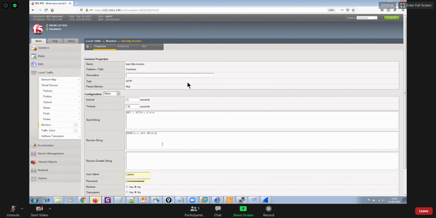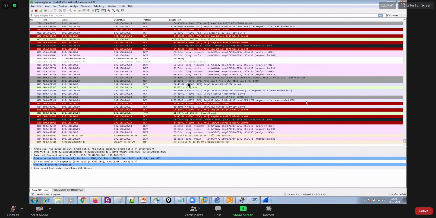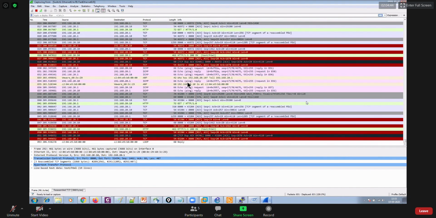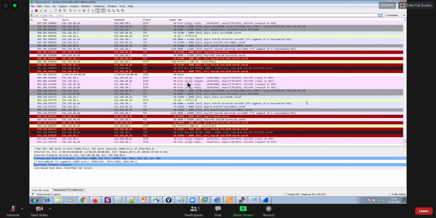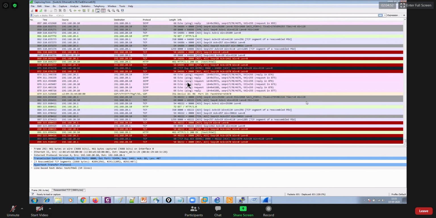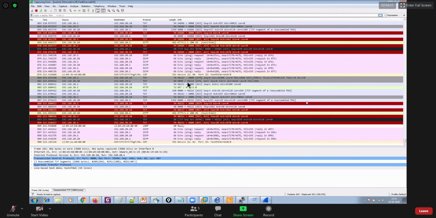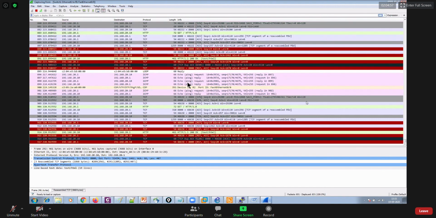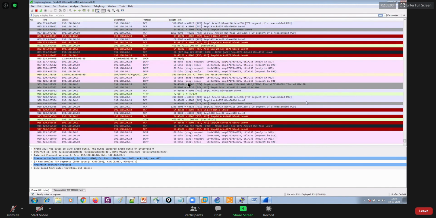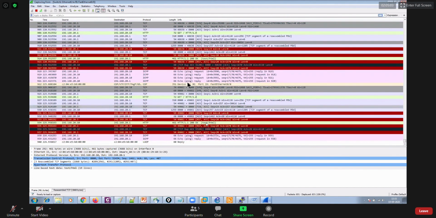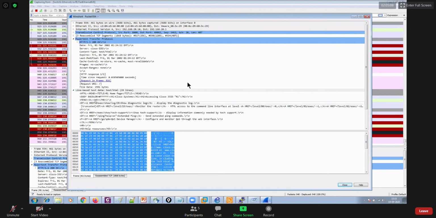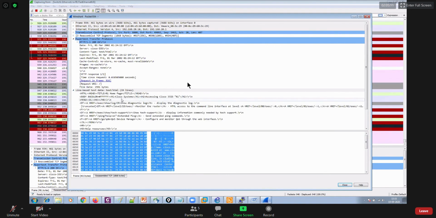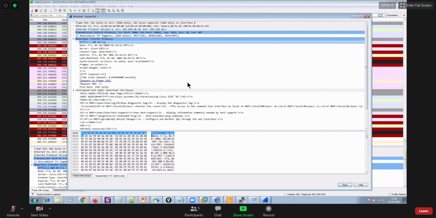But you know what the problem is? The problem is pretty simple. Every 5 seconds, you are sending a GET, and then you are receiving a response back. And the response also contains the message body. The entire website is loading every 5 seconds. And it will consume a lot of CPU and memory, of course. That's irrelevant. It's not needed. Even if I get the response code only, without the message body, that is sufficient for me. If you open this packet, it also contains the message body, which is not really necessary.